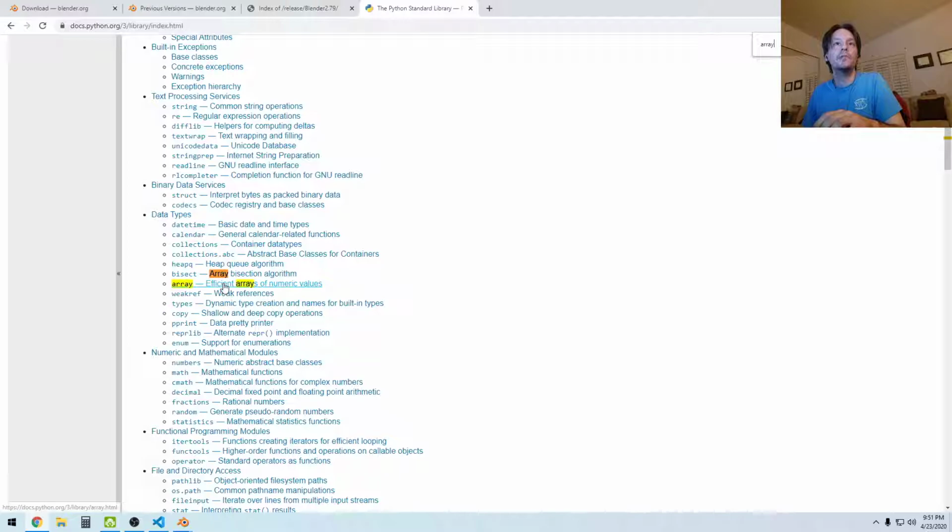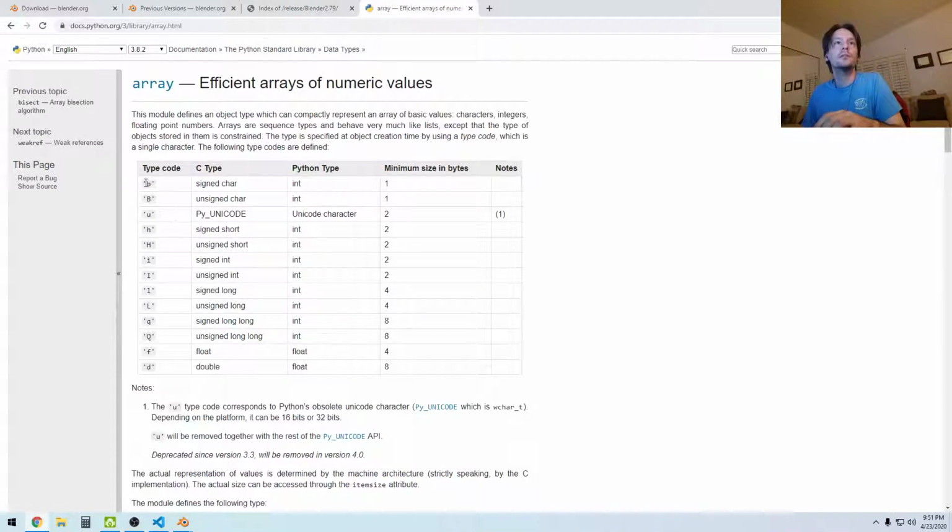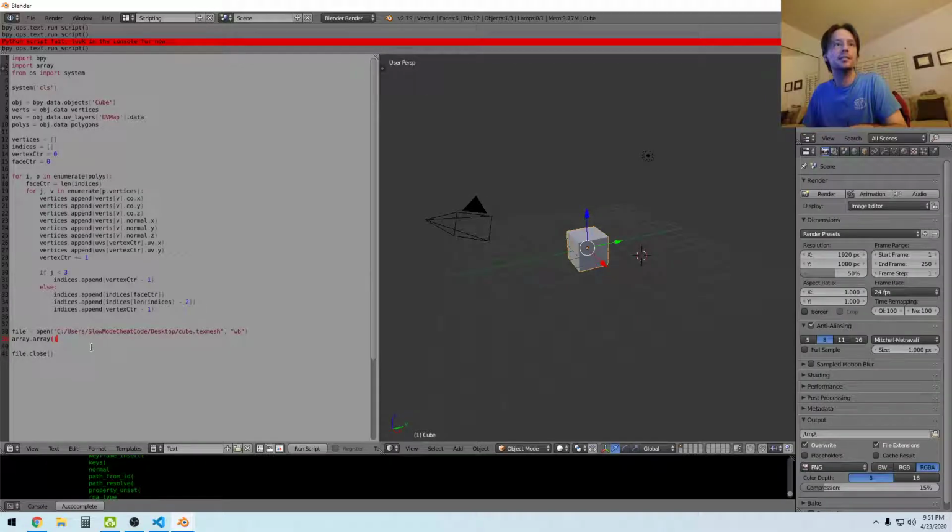Efficient way arrays. Oh, awesome. That's exactly what I was looking for. So yeah, what type of data I'm adding. So capital I is unsigned int. So I want to do capital I